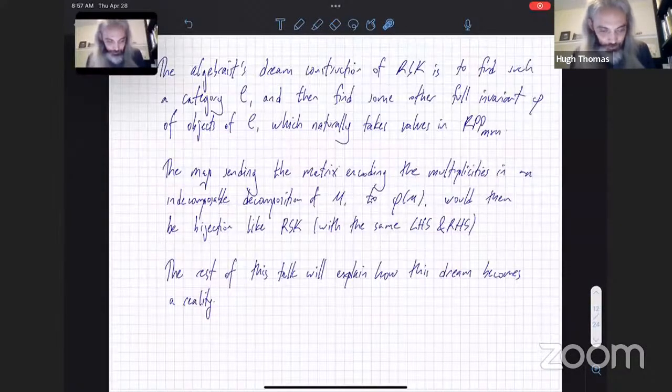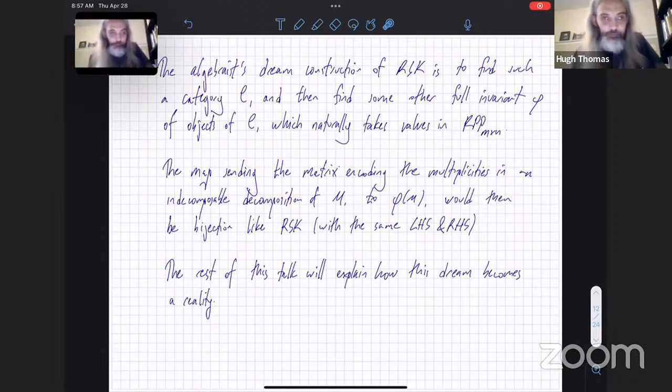Okay, so getting back to the algebraic construction of RSK, the idea would be to find some category and find some other invariant on objects in the category, which naturally takes values in the reverse plane partitions, right? Because we've said, in this category that we're imagining,